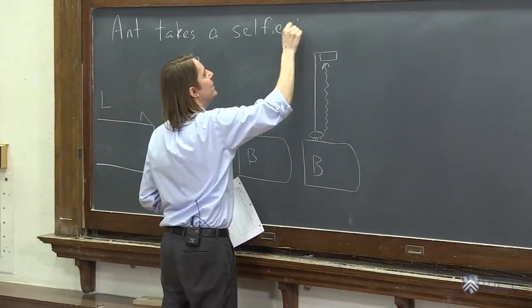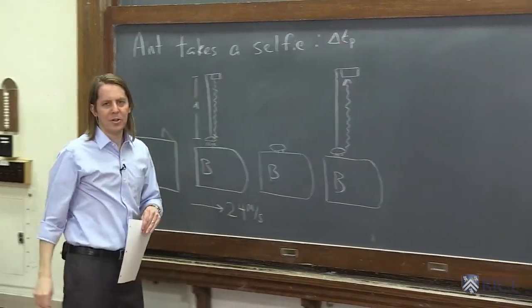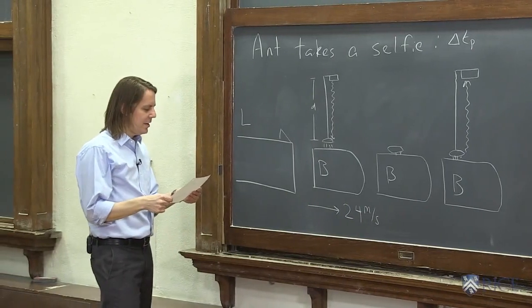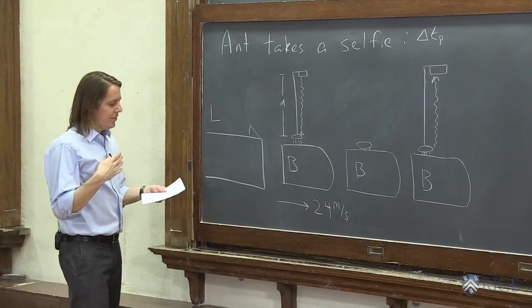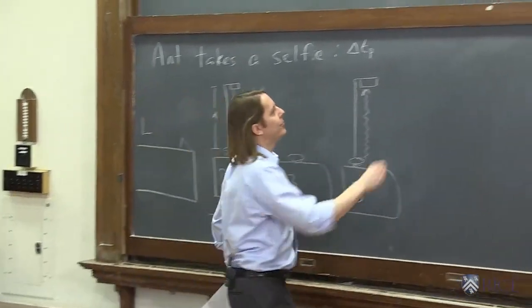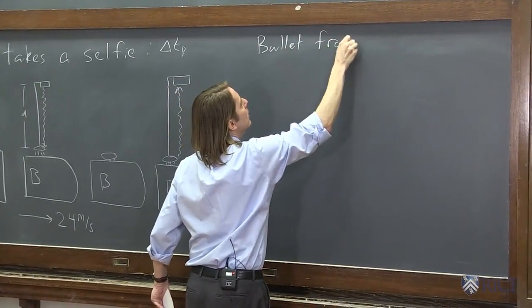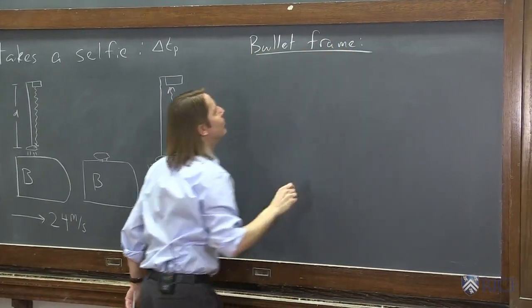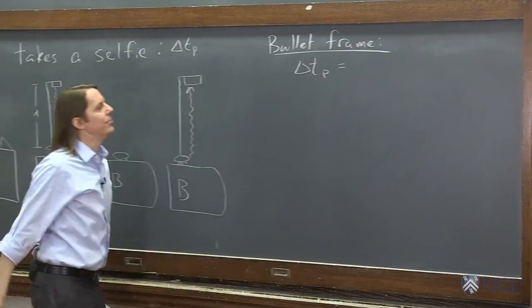So the ant takes a selfie, and we're going to call that time delta t, and I'm going to put a p subscript on it. We'll get into y later. That's delta t p. So all we got to do is think about this in both the bullet frame and in the lab frame. So in the bullet frame, delta t, and again, I'll put a p on it, in the bullet frame, is